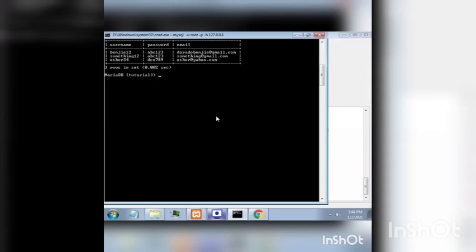To do that, type the command update, the name of the table, then set password equal to double quote, let's say I want to put 12345, where username is equal to Benji12.